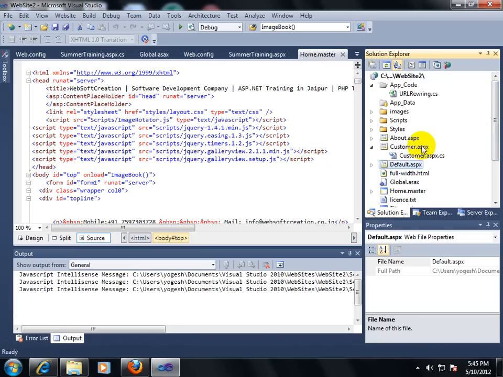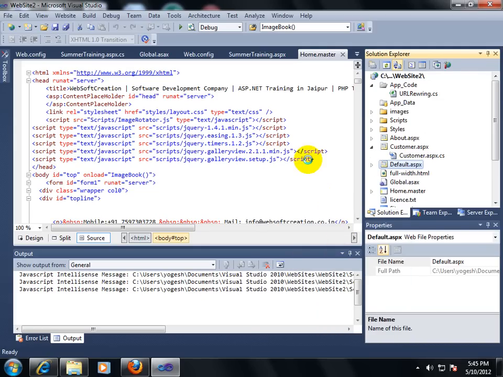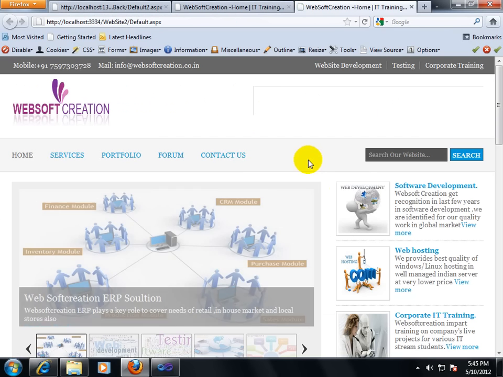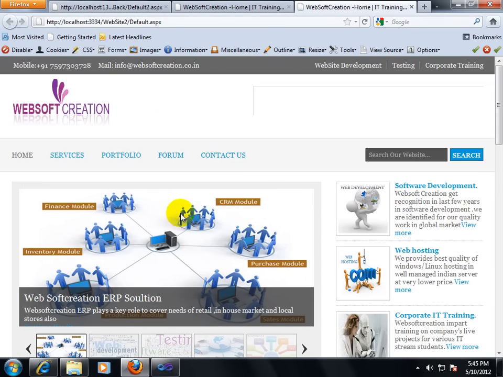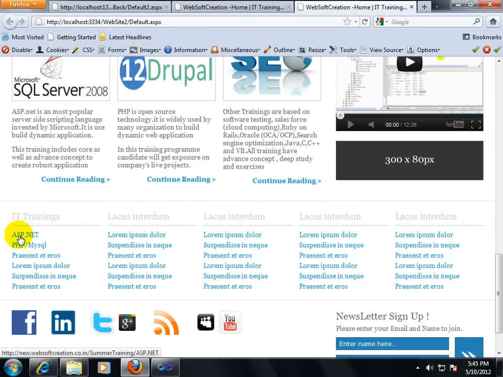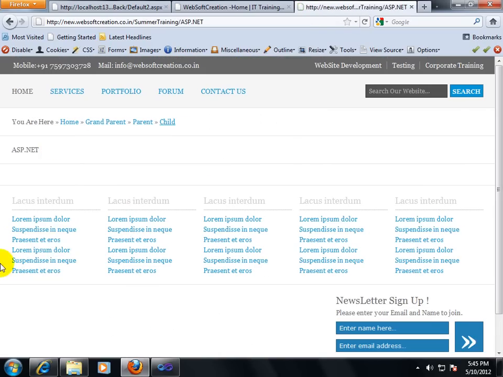I'm also going to introduce the new layout of my application. Some users told me that our layout was not good. That's why I made the decision to change it. So here we go. This is the final layout of our application. It will come on our website soon. If I click on this button or link, on ASP.NET, the final output has come, and the message is ASP.NET.